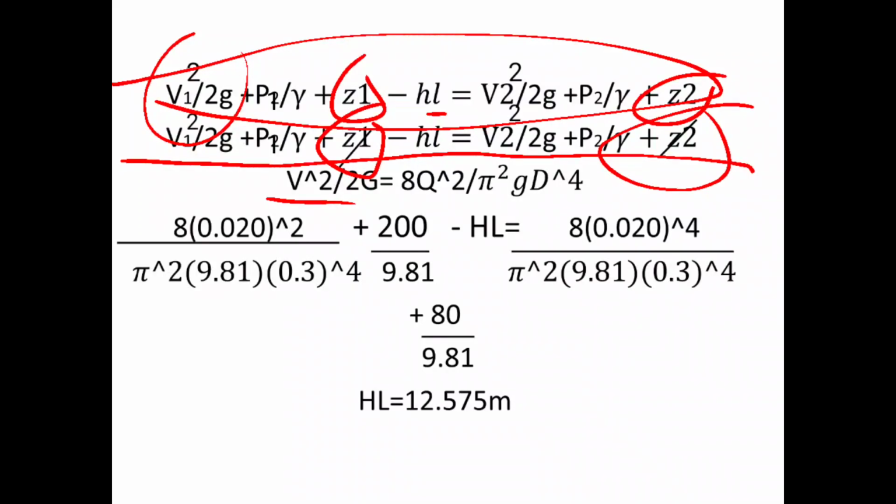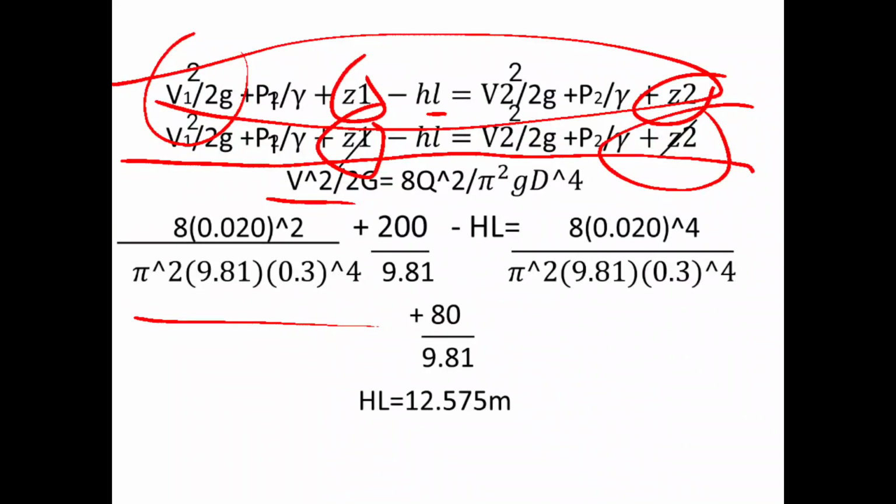So we see 8 times the 0.20 cubic meter squared over the pi squared times the gravity, which is 9.81 times 0.3, which is the diameter, to the power of 4 times the pressure 1, which is equals to 200 kilopascals over 9.81, the gravity,